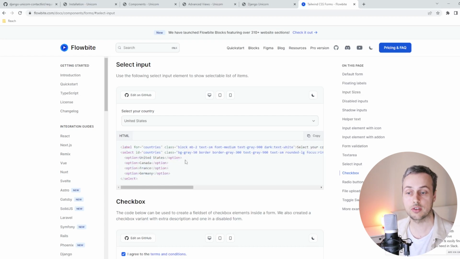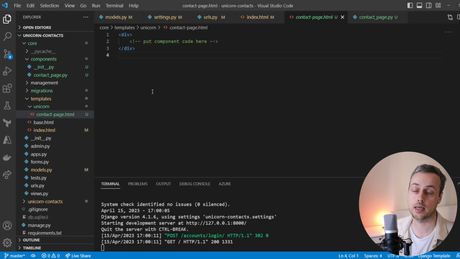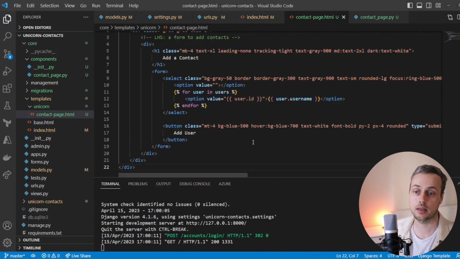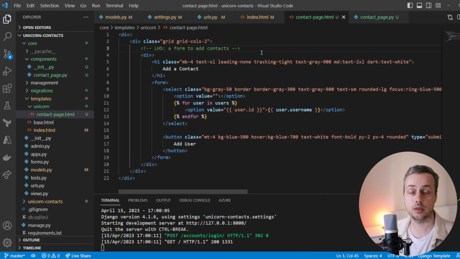Now if you're unfamiliar with select elements in HTML, they are defined using the select tag, and that tag has some child elements called option elements, and each option is represented in the drop down as something that the user can select, and then that will set the value of that select element to the option's value. So what we're going to do is paste some code into our component template. So I'm going to remove this and paste in some code,